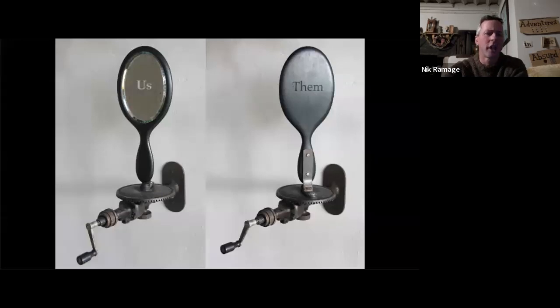So this one's quite a simple one. But again, taking an idea as a start point, and it's that thing we do. Humans tend to divide ourselves up. So here we are, us and them, and we divide ourselves up into tribes along all sorts of lines. You might say, well, that's good, it gives us a sense of identity and belonging. But there's the other side of it, where you're setting up that group in opposition to another group.